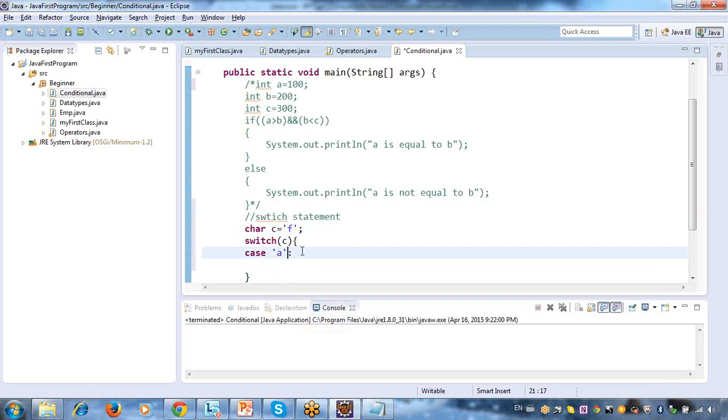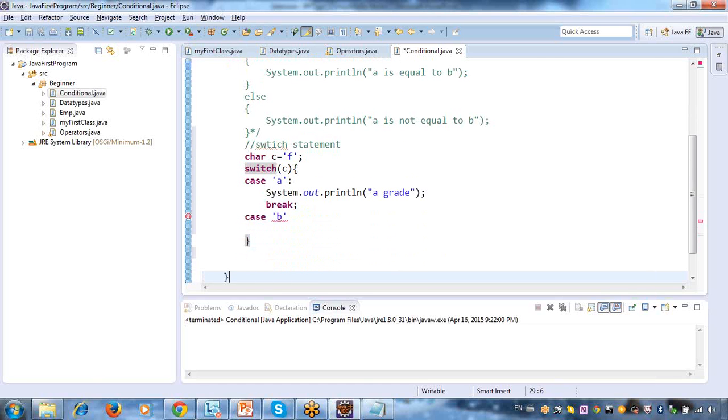Case A grade, case B, and you can also give break. That means for each and every condition you can provide your break. That means it will execute and then stop.